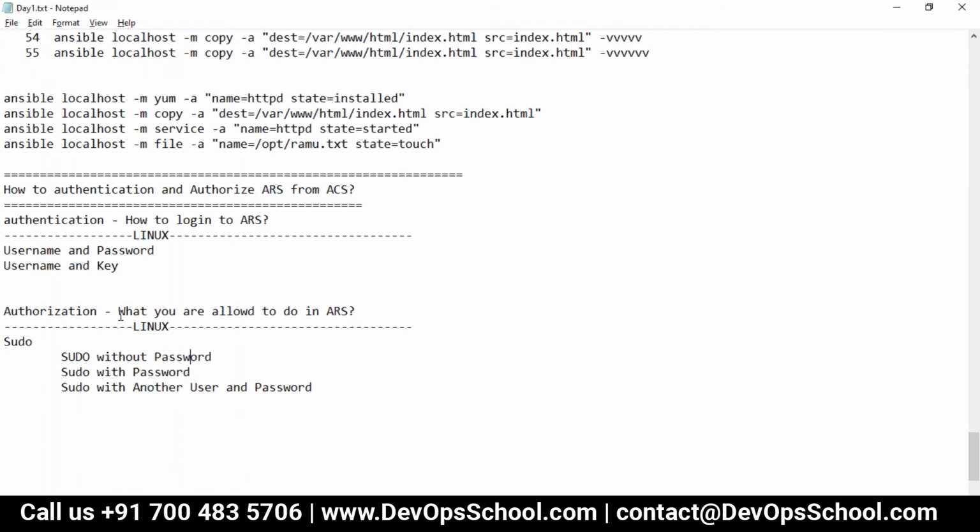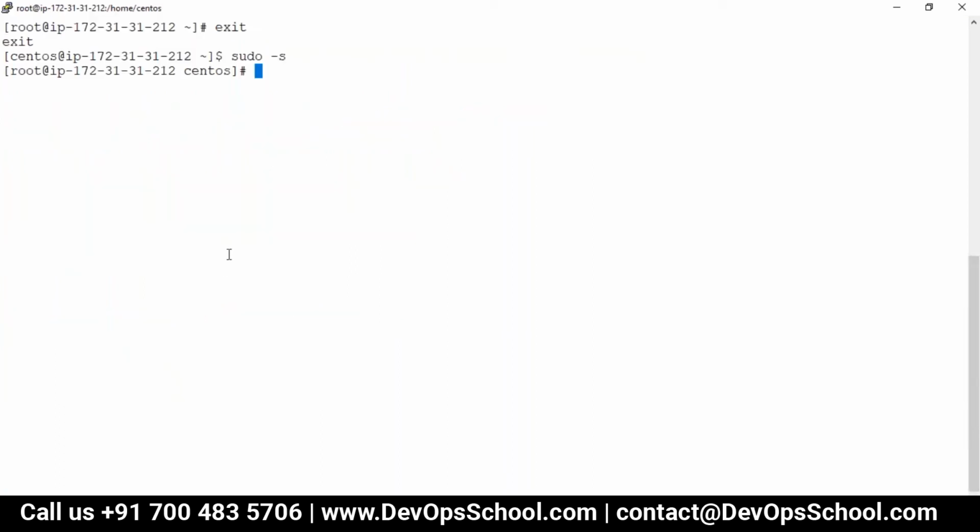prompt you for the password. But sometimes, because of security reasons, we don't give every user sudo access. Let's say we have 30 users in the system; we give only one utility account user sudo access. So when you do sudo with a hyphen, instead of becoming root, it will ask you for the username and password.